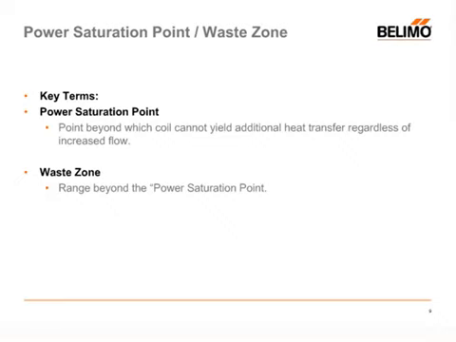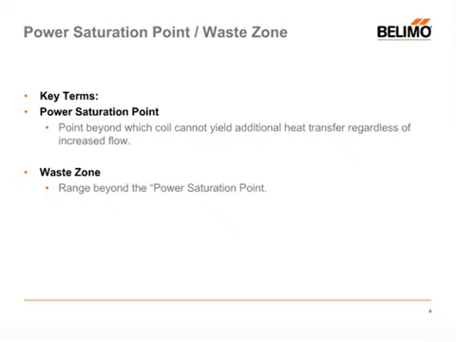So essentially what it does is a coil needs less flow to conduct the same amount of heat transfer, basically because flow and delta T are inversely proportional. So as our flow increases, our delta T decreases. So what ends up happening is we get this situation past the power saturation point, which is called the waste